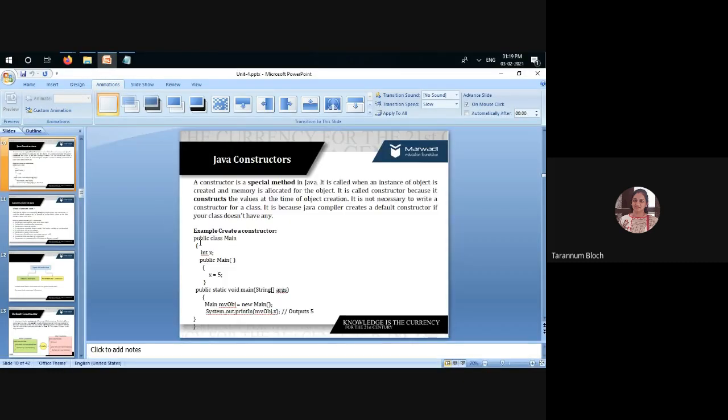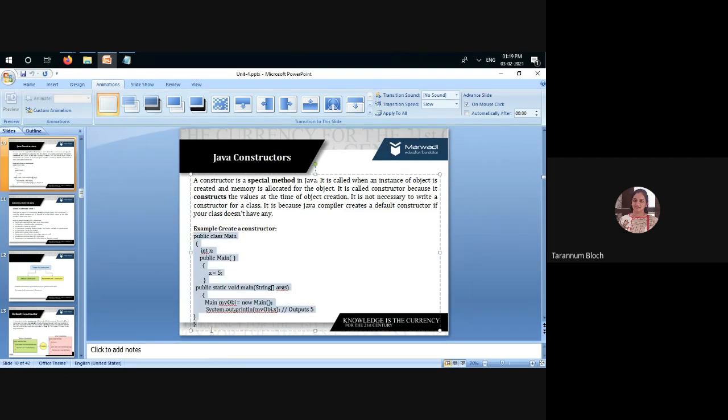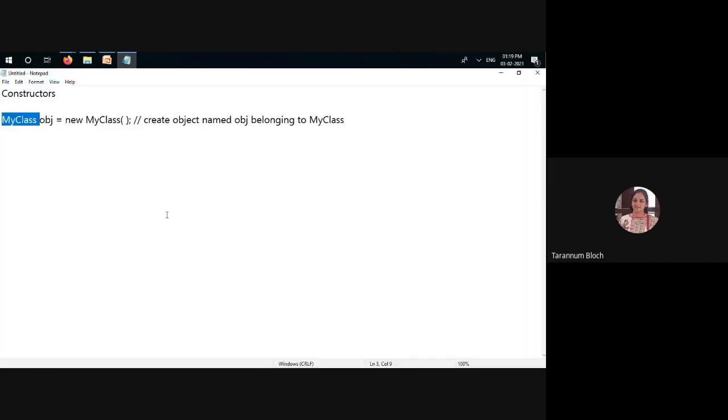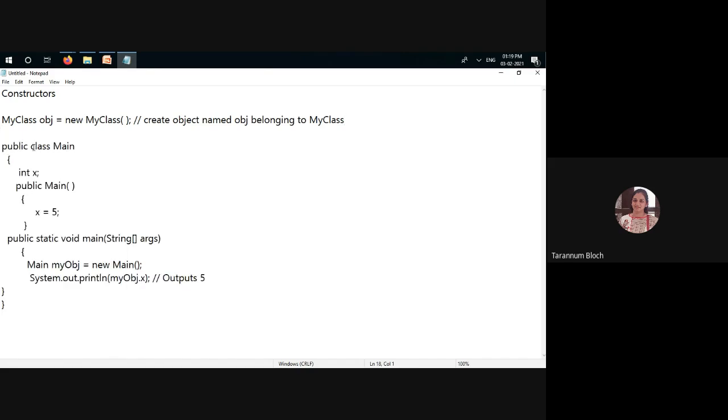When I am creating this method, you can see here, I have a class, right? So this is my class, and in that I have this variable. And now I have created a constructor, which is a special method having the same name as its class name, and it will be invoked whenever we are creating an object. So here it will be invoked. Here the constructor call will happen, right? Your method will be called.